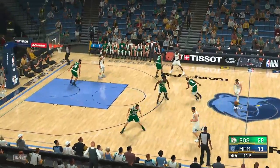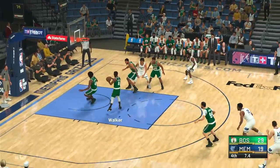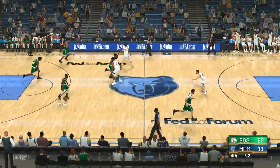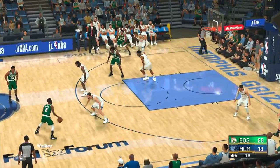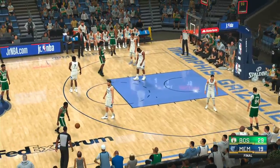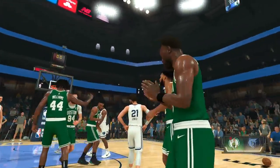This is the attitude Parker plays with, someone who's very willing to give it up to his open guys. Now here's Walker. And so it's Boston easily grabbing this one. They came in here and took care of business like they